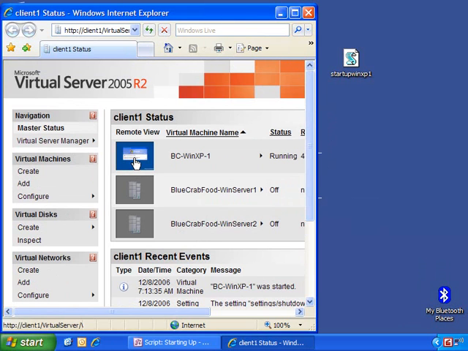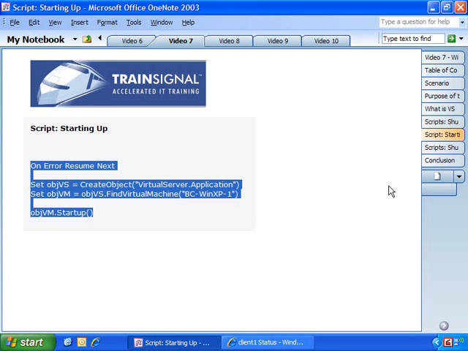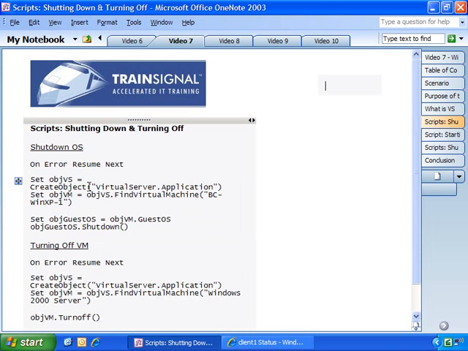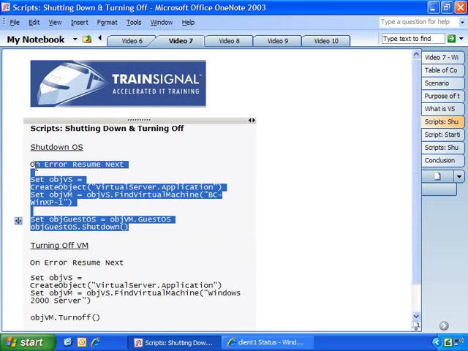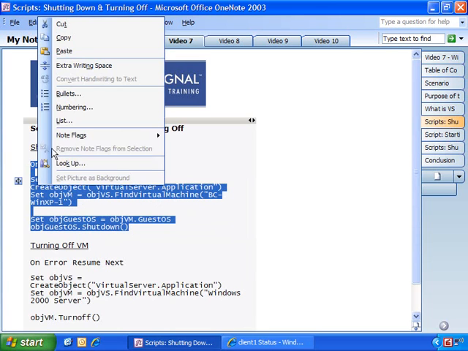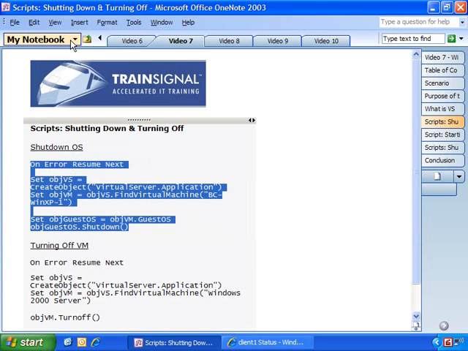And there we go, we have a logon screen. So our startup script works. Now how about our shutdown script? If we go back here to shutdown, we have this shut down the OS, and I said this only worked on Windows XP, or at least in my experience, I've only been able to get it to work on Windows XP. If I copy this,